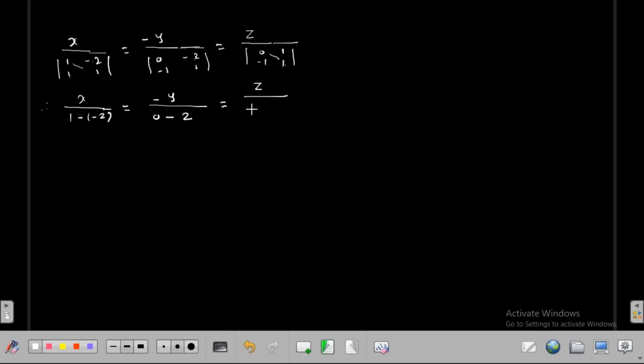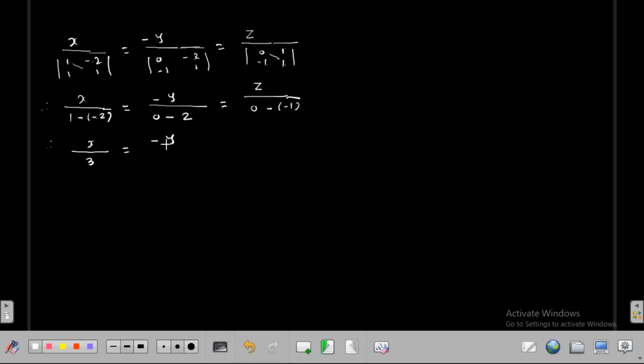0 into 1 is 0. Now take minus, to multiply these two numbers, -1 into +1 is -1. Now simplify this. Therefore, x divided by minus into minus plus 2 plus 1 is +3, equal to